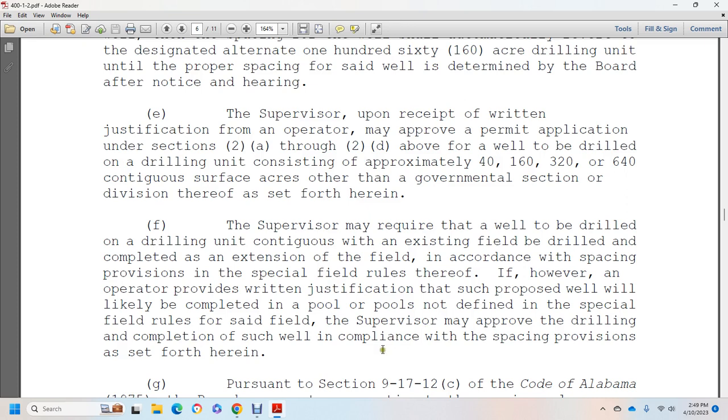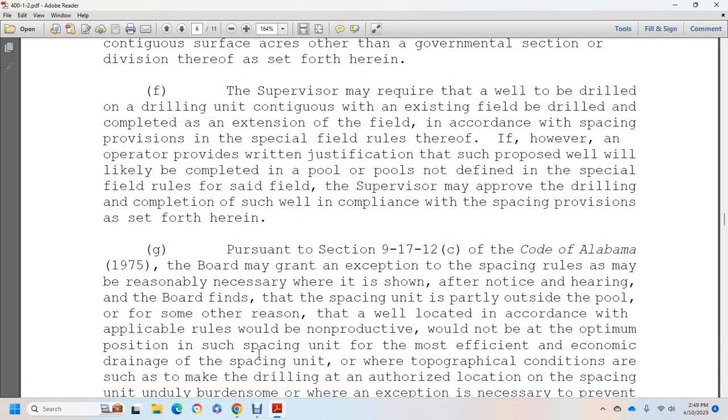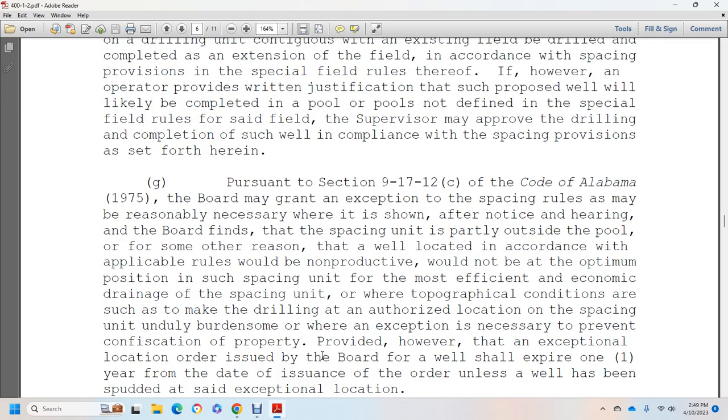The supervisor must approve the drilling and completion of the test well in compliance with the spacing provisions set forth herein. Pursuant to Section 9-17-12(c) of the Code of Alabama 1975, the board may grant an exception to the spacing rules as reasonable and necessary, where it is shown after notice and hearing that the board finds the spacing unit lies partially outside of the pool, or for some other reason the well located in accordance with the applicable rules would be non-productive, or would not be able to form the optimum spacing unit with the most efficient economic training, or where topographical conditions make drilling on an authorized location, or the spacing, unduly burdensome, and the exception is necessary to prevent